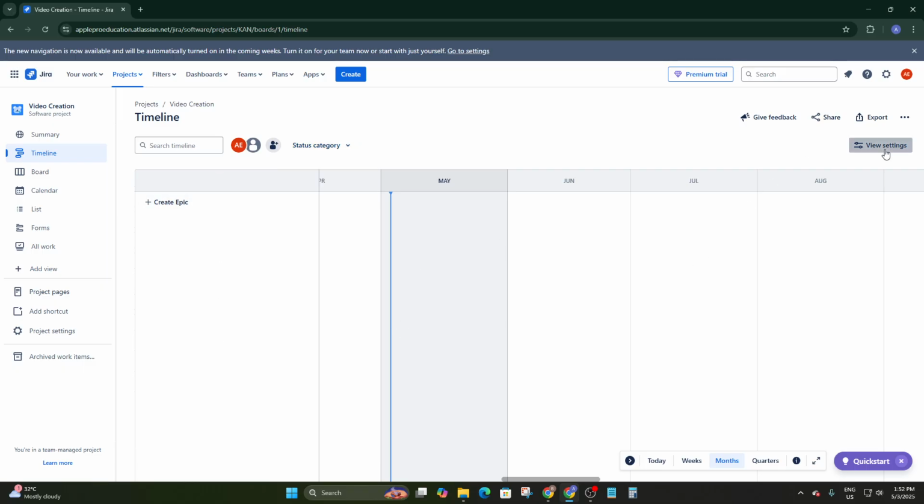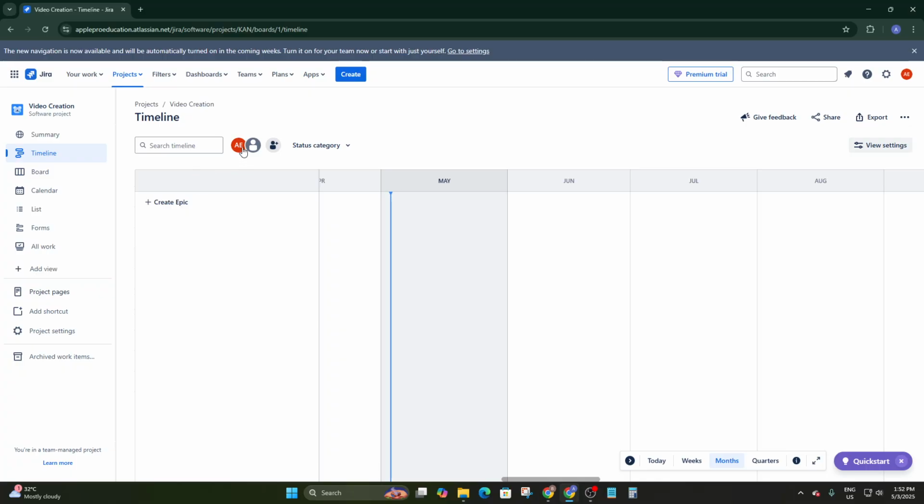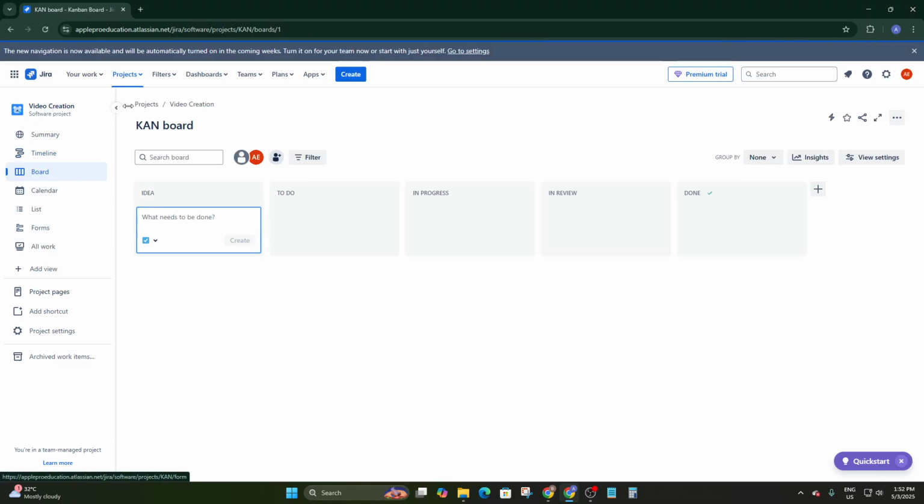Here you can view the settings, so you can set up a few settings and everything from this section. Now you can add people, assign some people by simply clicking on this add people button here. Now let's go for it in the board. This is the section where you can add your task here. Like idea, so I'm going to use some idea, like create video for Instagram